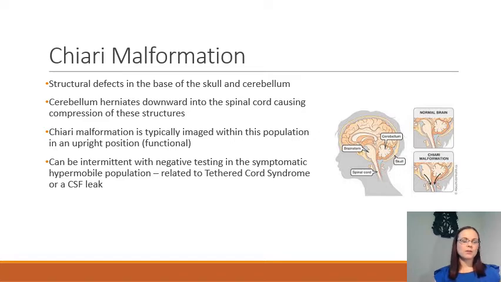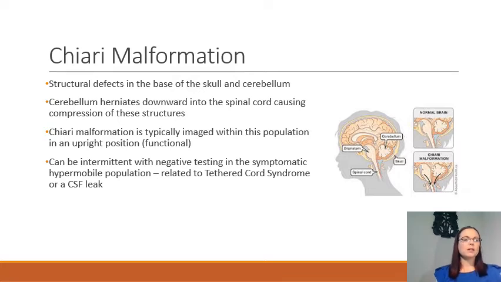The next one we're going to go to is a Chiari malformation. This is stereotypically a structural defect in the base of the skull and the cerebellum, and we get pulling of the cerebellar tonsils down towards the brain stem. This is a little bit different potentially in those with a connective tissue disorder because the connective tissue is different, not necessarily a structural defect, although they can have that as well. But the cerebellum is herniating down into the spinal cord,